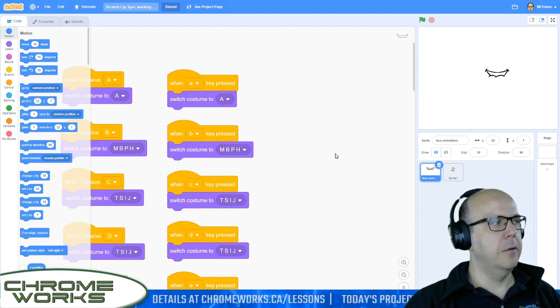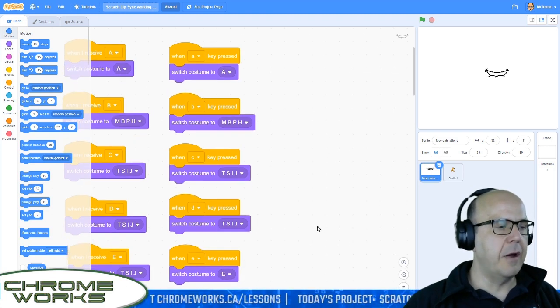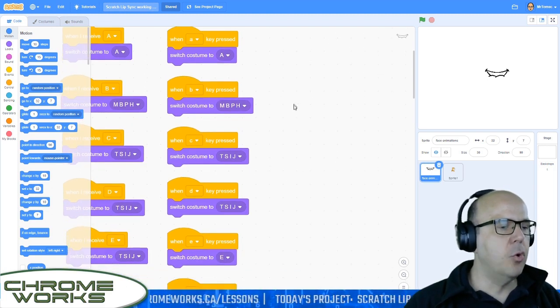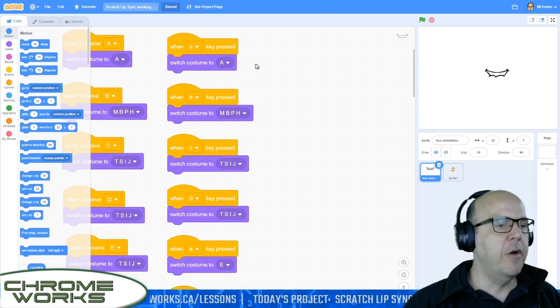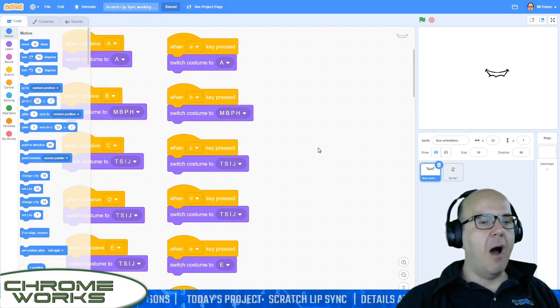Dude. All right. So here's all the different sound effects here, and each one is just mapped to a key on the keyboard. Now the problem with mapping stuff to the keyboard this way is we can't really program it, right? So we're going to be doing a program today that actually automates this process,